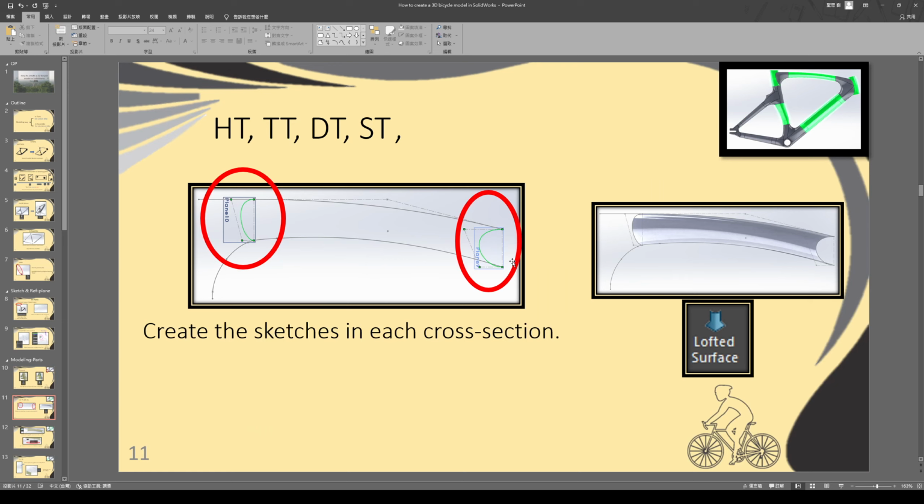Let's start modeling these two. Their concept is the same. Draw the sketch on the cross-section plane you created before, and use this function, loft surface, to create the surface from this side to the other side.